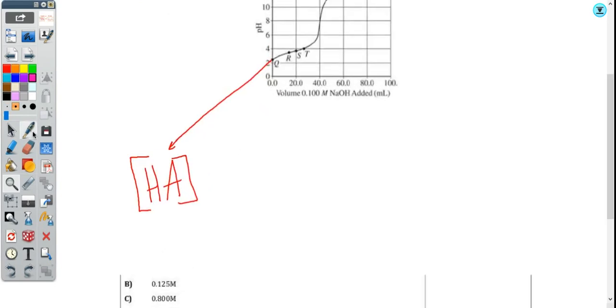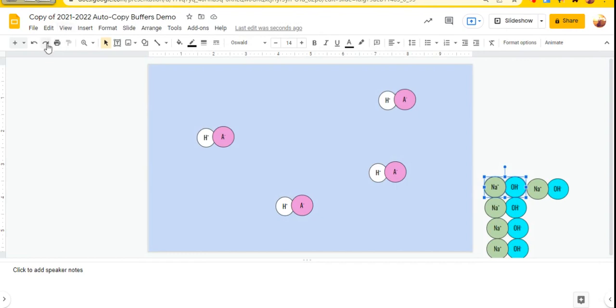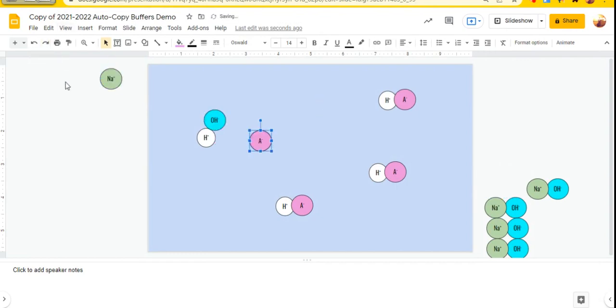And then as I continue the titration here at point R, I'm using up some of the HA. So it's decreasing the concentration of the weak acid, and I'm starting to make a substantial amount of A minus, or its conjugate base. At this point, anytime you have weak acid and its conjugate base, you have a buffer. Now, it's not an ideal buffer, but it is a buffer because I have weak acid and I've started to